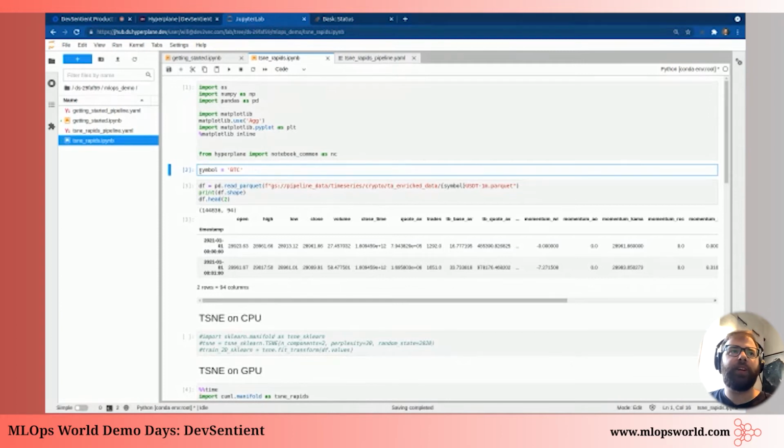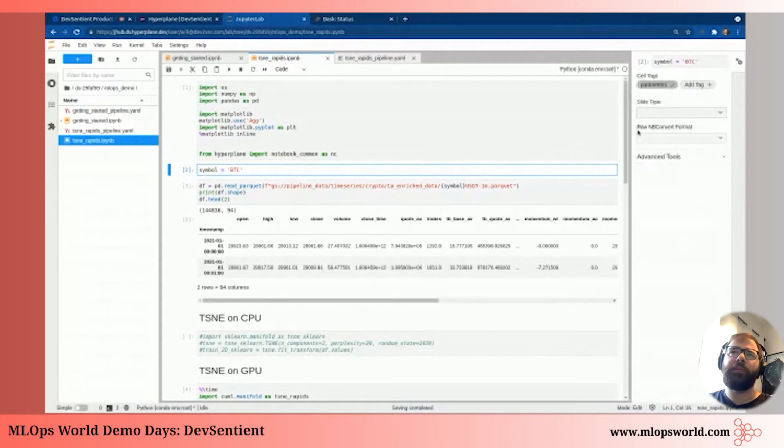Right now, this variable and this Bitcoin value are hard-coded, but we can actually change variables in our notebook to parameters. And the way we do this is we go to our property inspector over here, and we can mark a cell as a parameter cell. And this allows us to programmatically override variables in the notebook.